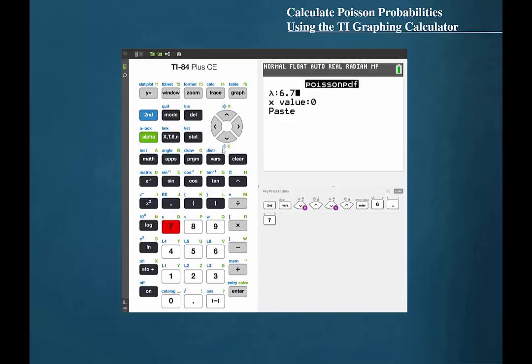We are to find the probability that there would be exactly 3 flaws. So we'll cursor down to X value and press 3. Press enter and enter again to paste. If you are using a version of the TI graphing calculator that does not present a wizard for inputting these values, it is necessary that the values are input in the correct order. The correct order would be the mean, comma, and then the number of occurrences. Now press enter. We find this probability to be